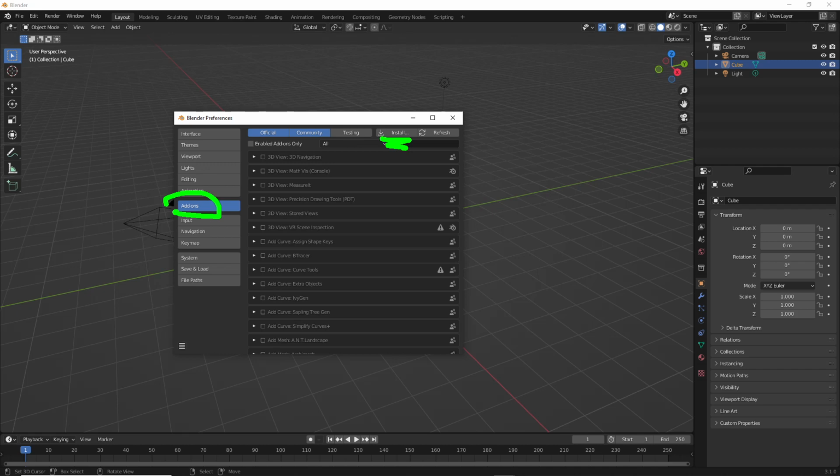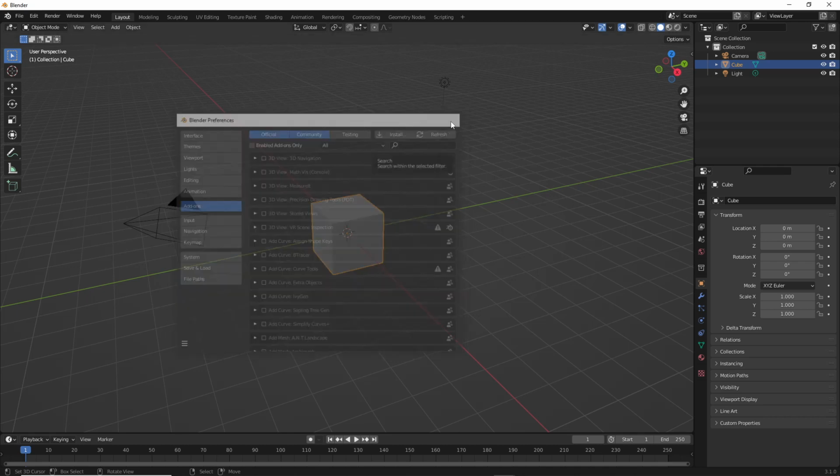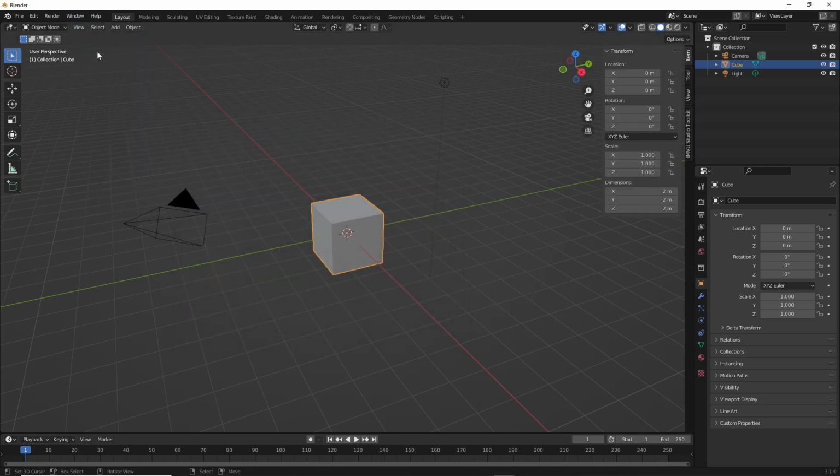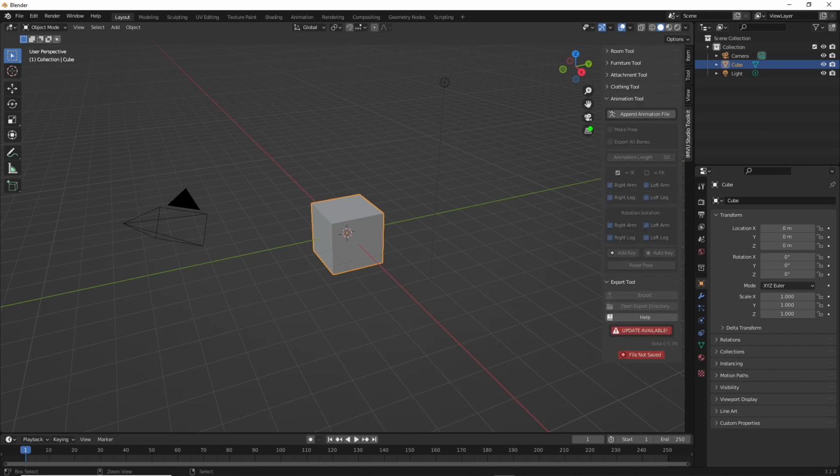Turn that off. Don't want to get copyright strikes. And install, and that's it. Same thing, same setup, and then we'll get the sidebar and the tool, and then animation tool. Same again. Make sure we're starting from a clean scene,